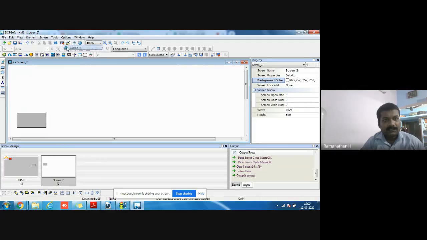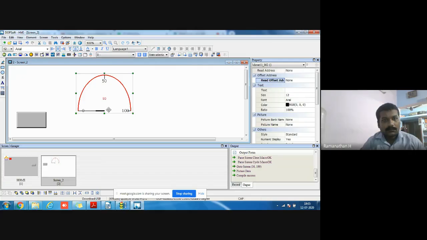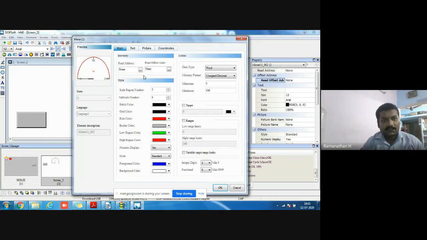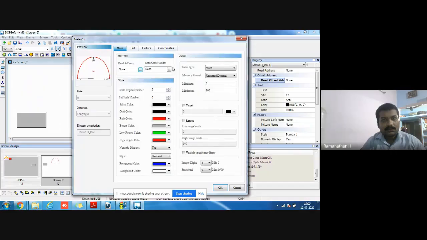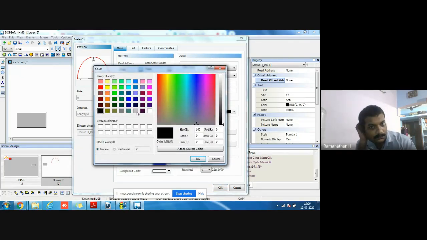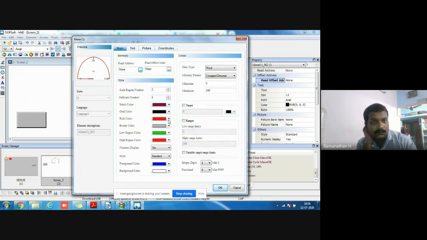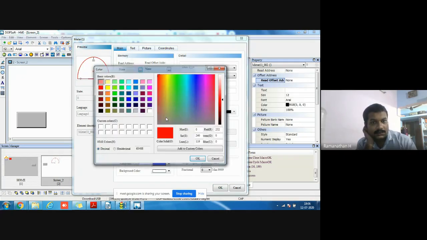These are the meters. This meter you can set the read address, okay, and the color of the grid. If you want to change the color of the sketch or color of the grid, you can change it, whether it's red color or yellow.